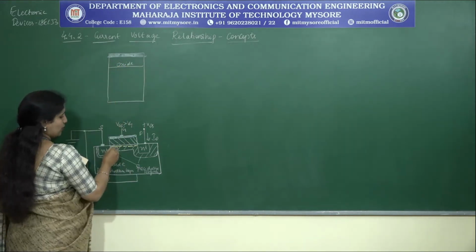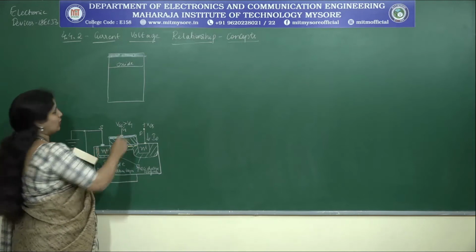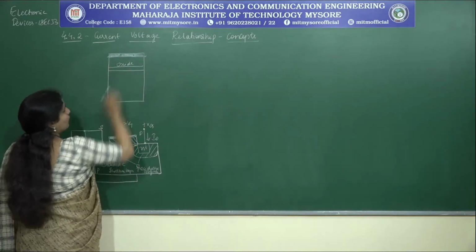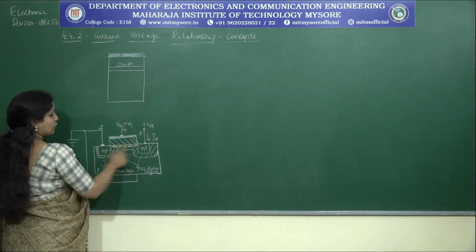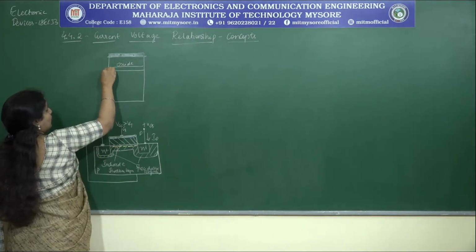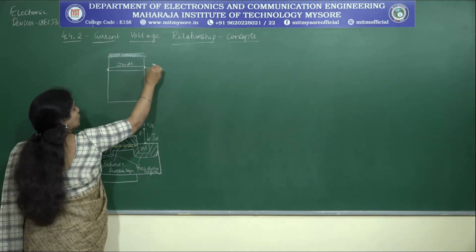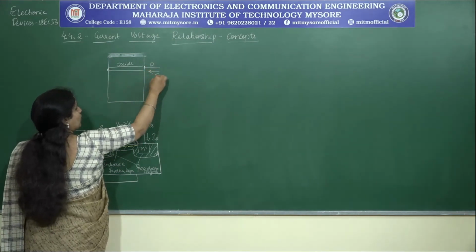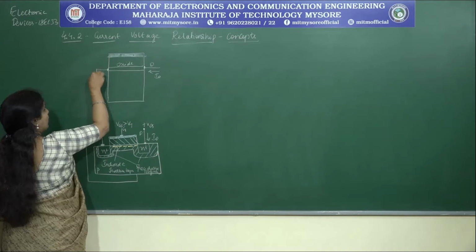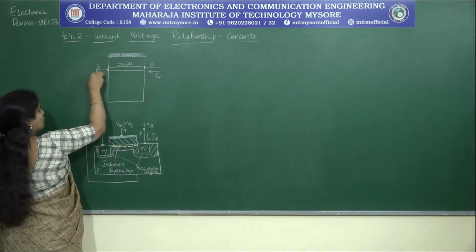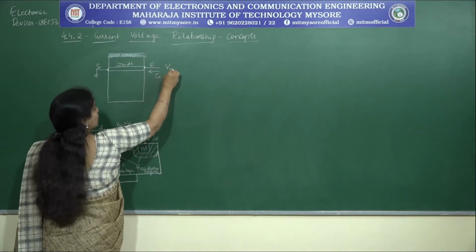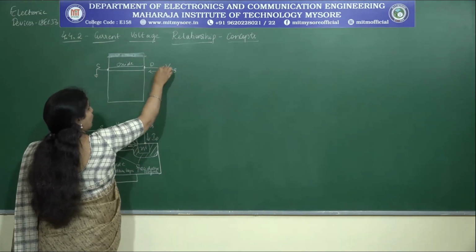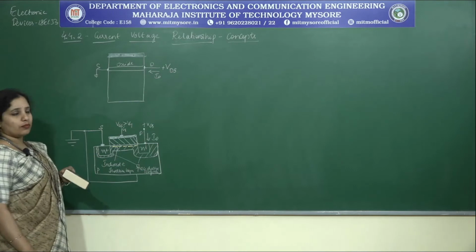Beneath the oxide, what is being formed? An inversion layer is being formed. That is what I am trying to write. And then at these ends, what is that? We have source and drain. Let me represent those terminals. What is source? It is grounded. And drain I have represented. Let me consider this to be some positive VDS value that I am providing.